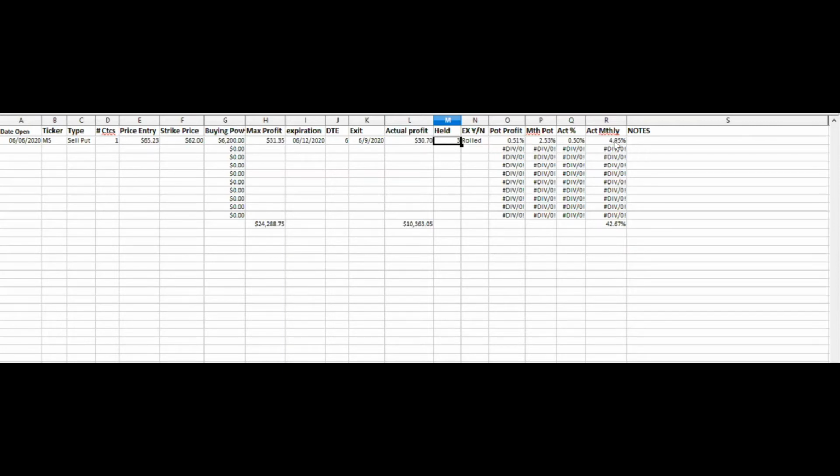Of course, then it adjusts these percentages appropriately. And sometimes I'll put notes here. I rolled the strike up or I rolled the strike down, again, depending on the thing. I try to give myself any little helpful hints that might tell me why I decided to roll it. If I had rolled it, then of course on the 9th I would put here, I would do Morgan Stanley again, and I would do a sell put again, and it would be one contract